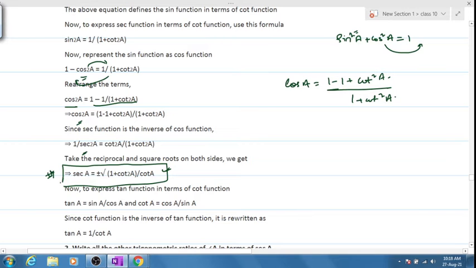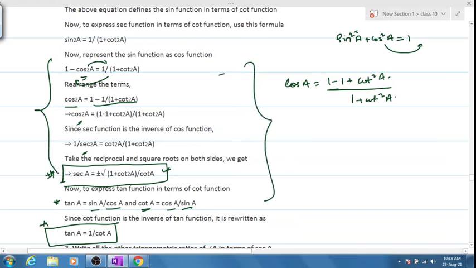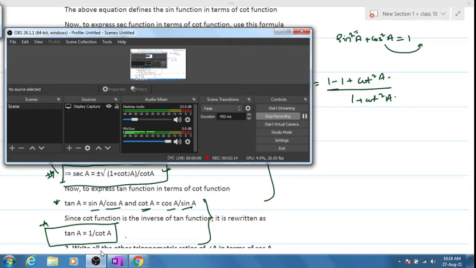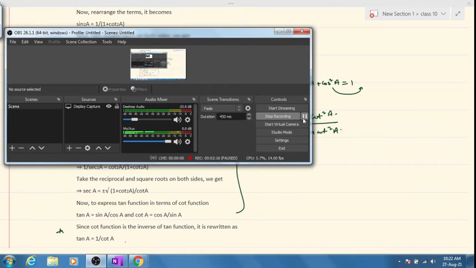And once you convert this, tan A can be written as sin by cos, cot can be written as cos by sin. Yes or no? So you can easily write tan A is equal to 1 by cot A. It's no issue. Clear? I would expect you all to copy this thing, the cos portion and the tan portion. I don't think you'll require a lot of hints in copying this. I pause the video, kindly copy this thing and let me know when it's done. I hope people have understood this properly.